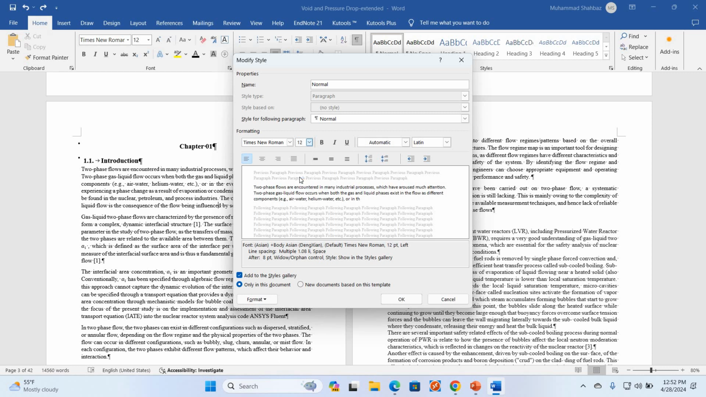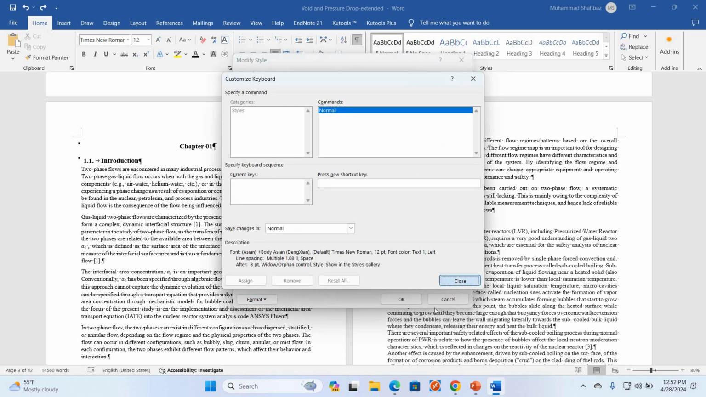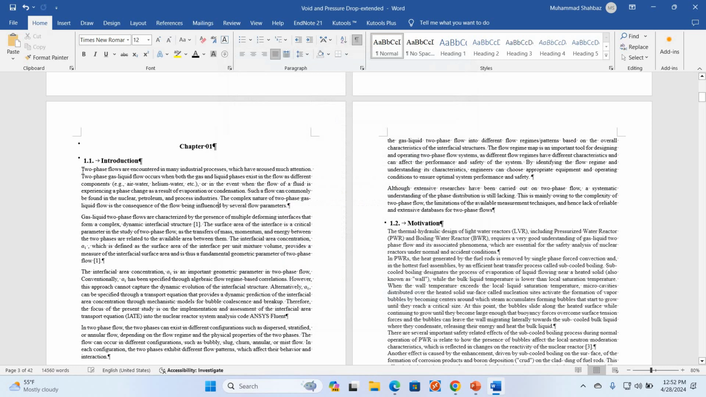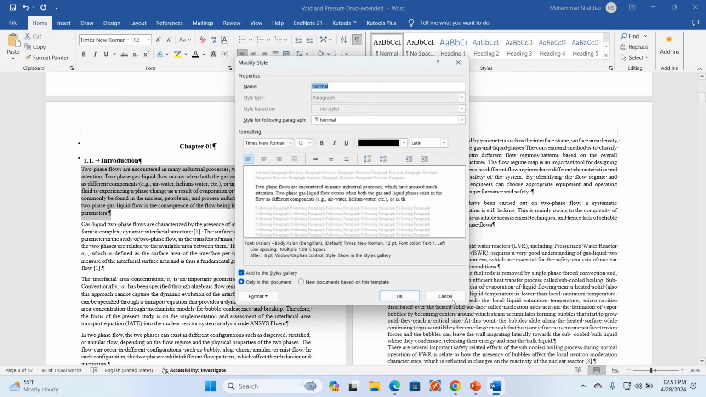Okay, 12 pt, and the color should be black. One more thing, I will do this later. Now if I want to apply the color, I have done the formatting for font, font size and color, but I did not do the formatting for the justified. So you can go here